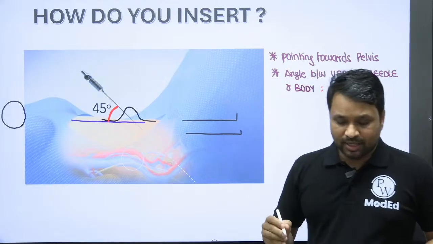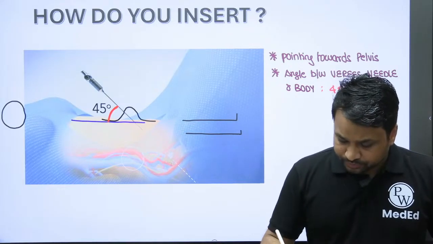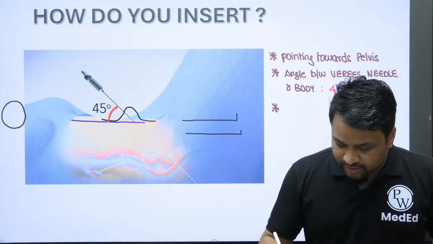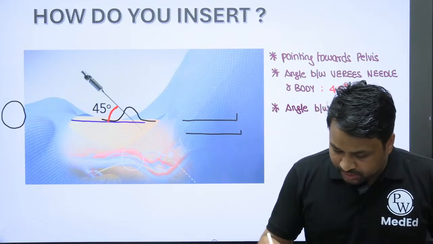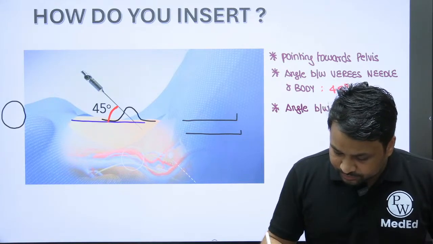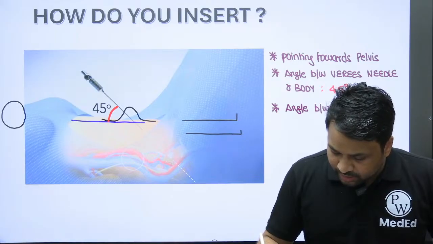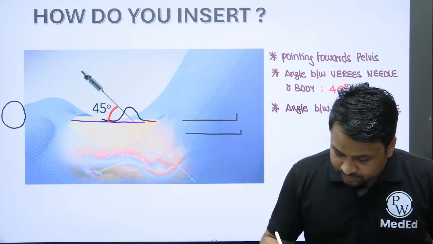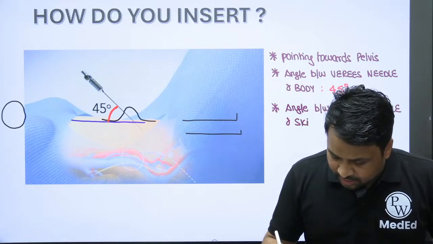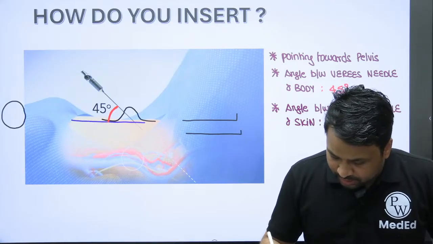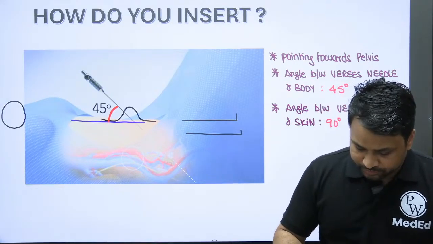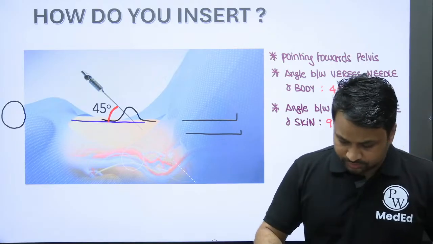Absolutely correct. Now, if they want to make your life difficult, they will ask you what is the angle between the Veress needle and the skin at the entry? Now this is going to be 90 degrees. Now I want you to look here. When you look across here,